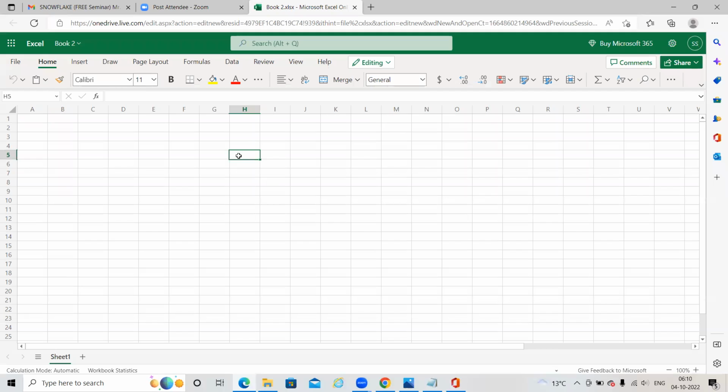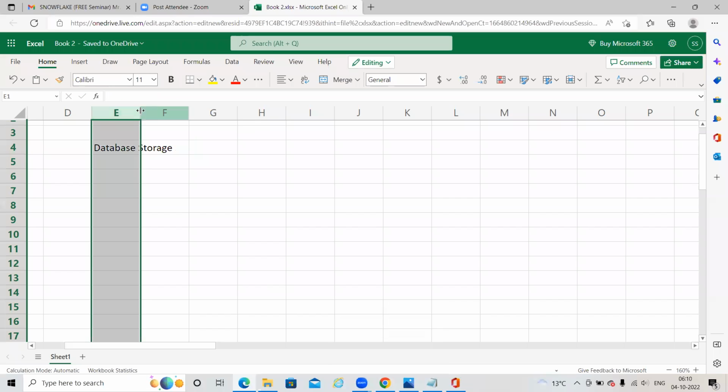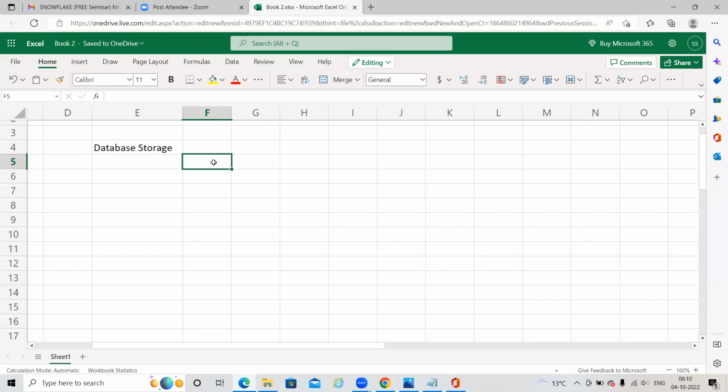We are talking about database storage. When we load data into a database, it is stored initially in data files.